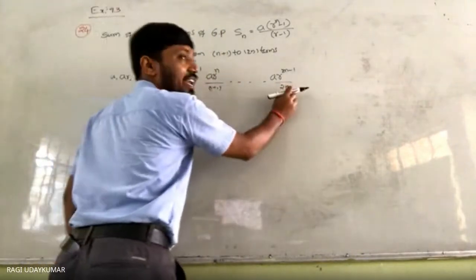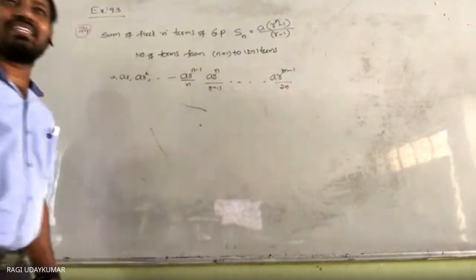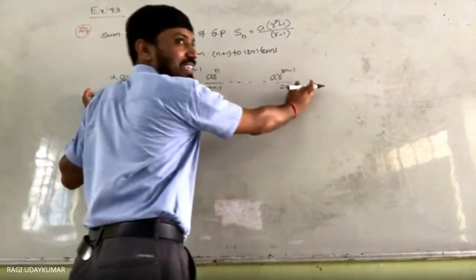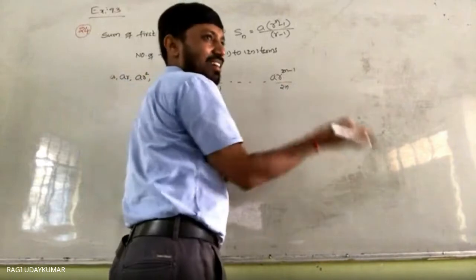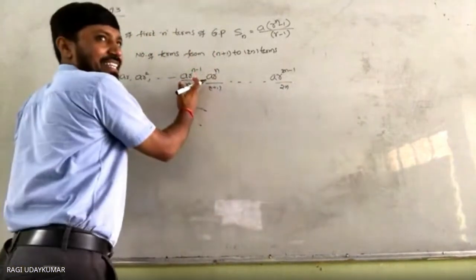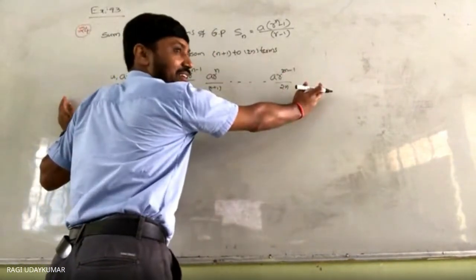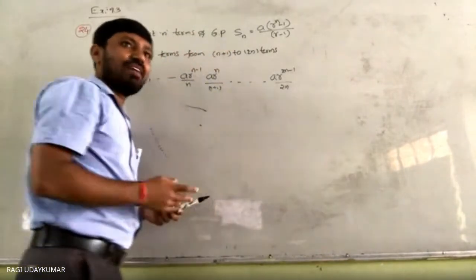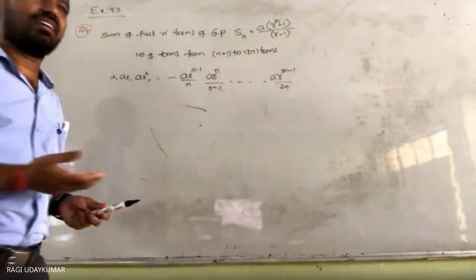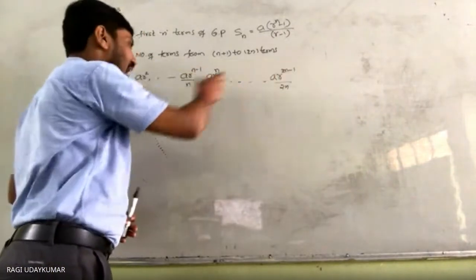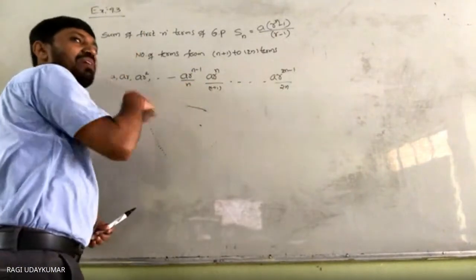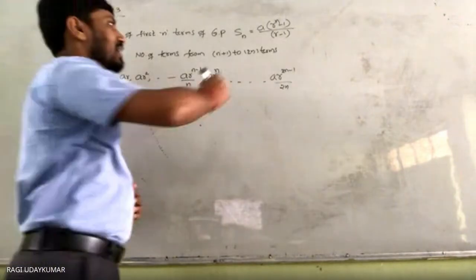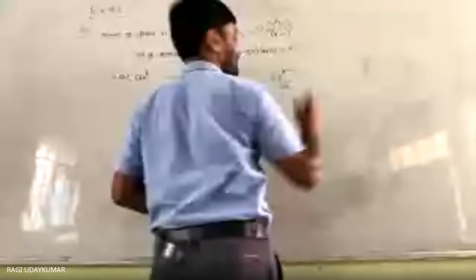Then here to here how many terms? Obviously n terms. From here to here it is 10, from here to here it is 20. Suppose here 10, total 15. How much will this be? It will be 5, right? 15 minus 10. So total is 2n, and from here to here is n. 2n minus n is equal to n. So the number of terms in this will be n.